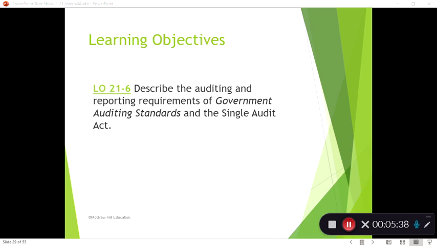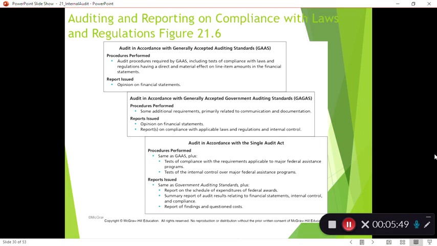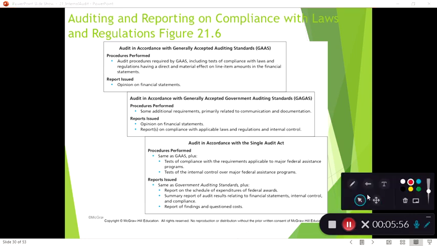Okay, so looking at Learning Objective 6, looking at these government auditing standards and Single Audit Act, this is essentially a type of compliance audit, right? So the thing to recognize here is that there's kind of 3 levels of standards, and they kind of build on each other, right? So really, if I had to do this over again, I would kind of put the generally accepted auditing standards as the foundation, right? This is kind of the base,